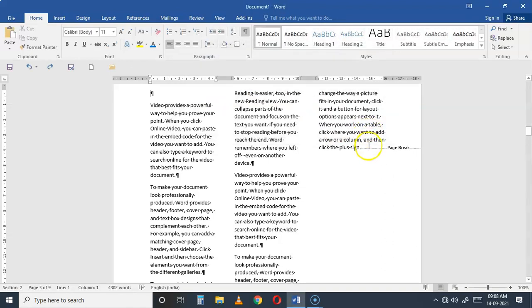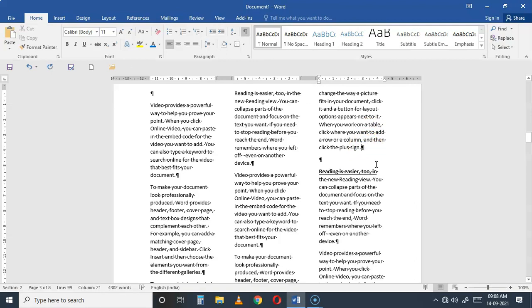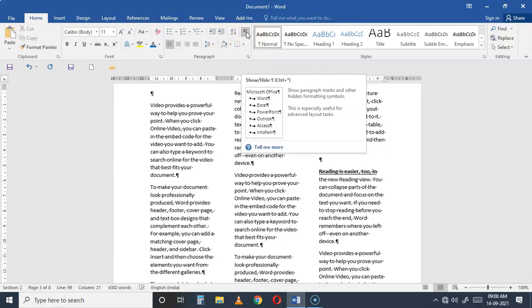Okay, so when I reach here, I click my cursor and when I press delete key, that's how you can delete your breaks. Okay, by default breaks are hidden. Okay, if you want to delete a break, whatever breaks you have applied, you need to go to home tab. Okay, in home tab you have paragraph tab, and in paragraph tab you have to say show and hide, so that whatever